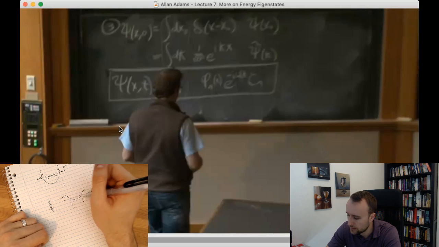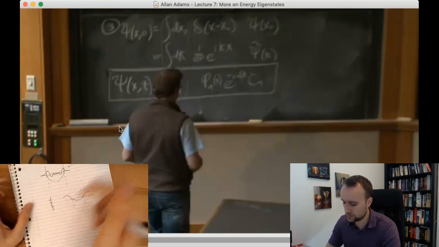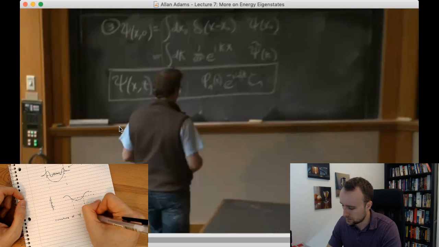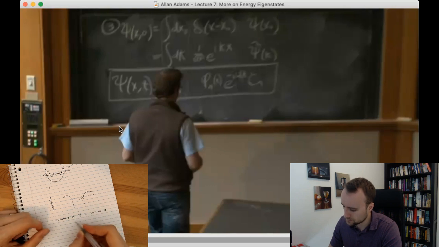But in a quantum mechanical sense, what we've got is the curvature of psi, in the allowed zone, going to be like this, which as we can see is like a sine wave,